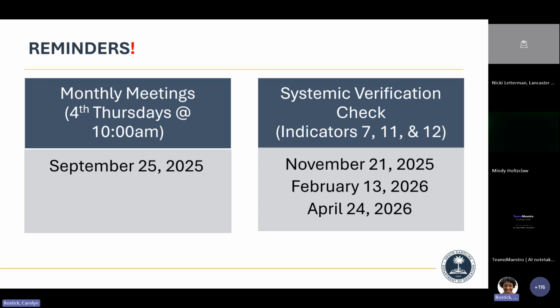So if you submit and you have corrections that need to be made, and you get those corrections done before your final submission, that is one step closer to assuring you that your data in your final submission is accurate. So use it as an opportunity for us to check your data to tell you if anything is wrong. Once again, strictly voluntary. You are not required to participate in a systemic verification check unless you have been told that you have to participate. Okay.